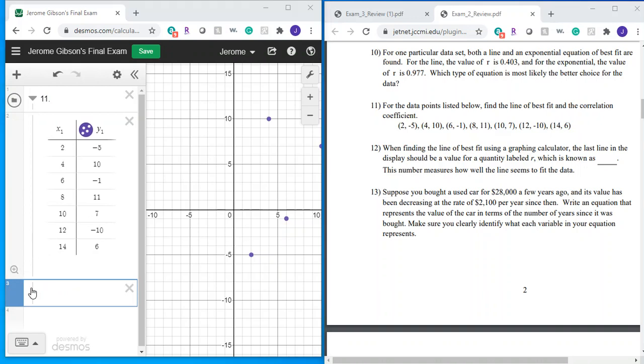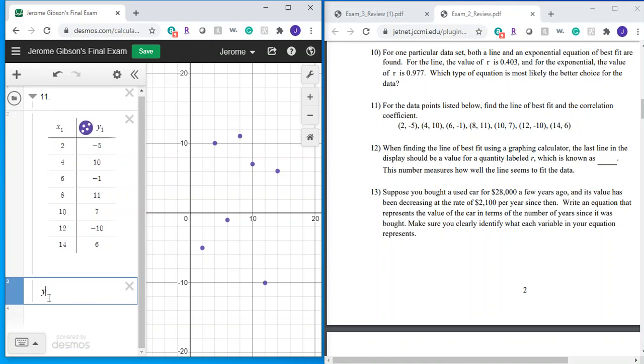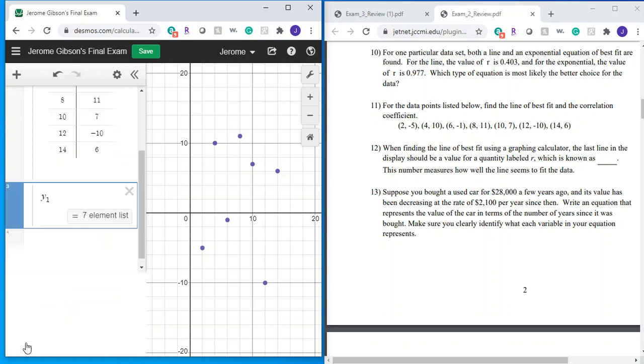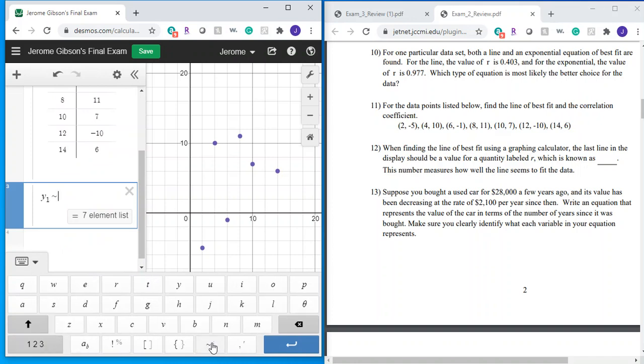But before we do, I did make one little error here. We need to hit this magnifying glass here so we can see the points. So we already press enter here, and we still have our line extended. So we'll put MX, well, Y1, and then we have to go to the tilde. So we will go to our keypad, the ABC, hit the tilde,